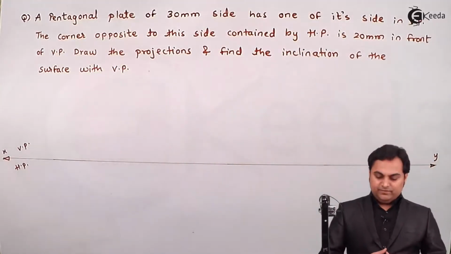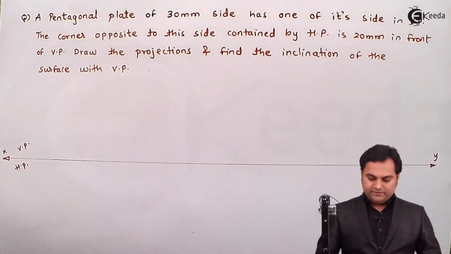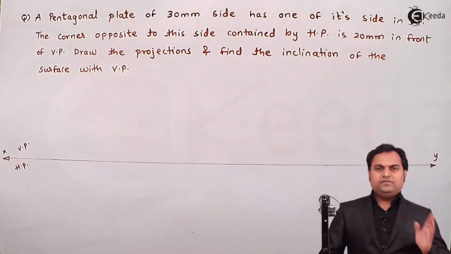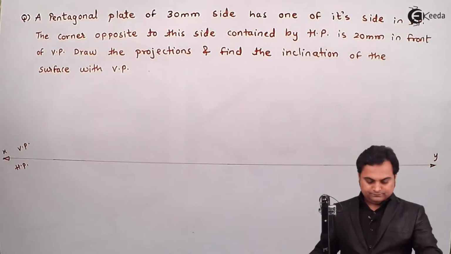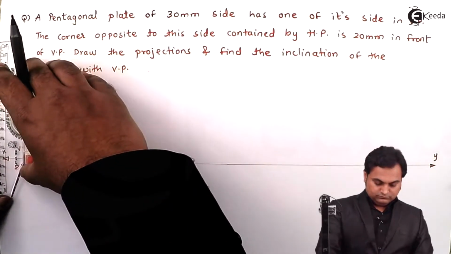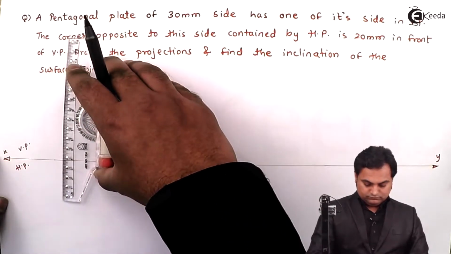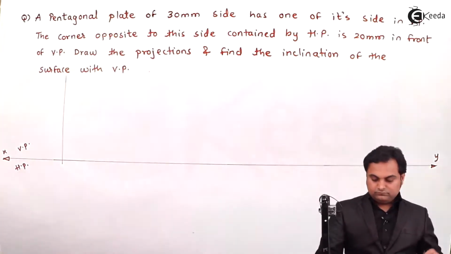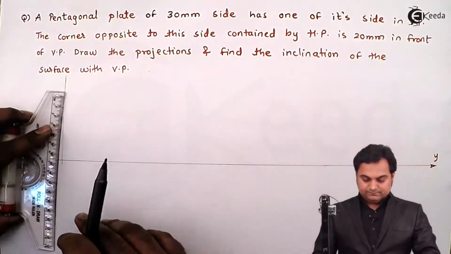So if the side is in VP, it means the entire pentagon is in VP, and that side we have to take on the left side because in case of planes, the left hand side is the reference. Thirty mm side,